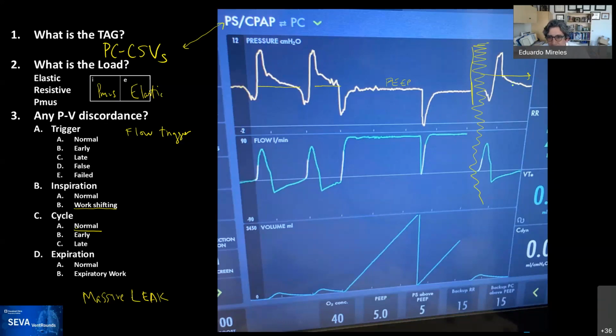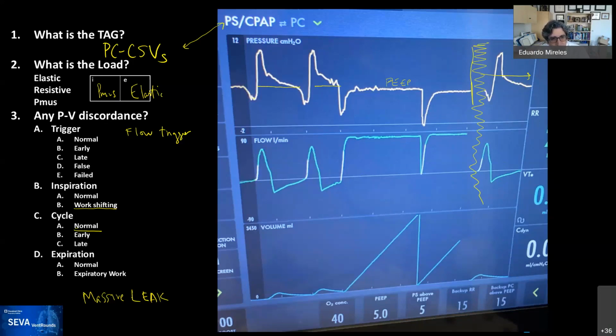You can see that it went all the way to baseline. It continues to come out, and then the patient does an effort. The pressure drops, and then finally the system pressurizes, boom, it crosses the baseline, and the patient gets a breath. And you can see that the flow was over here, and it kept going, and then the patient had to